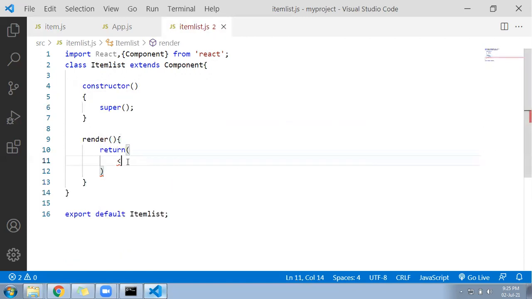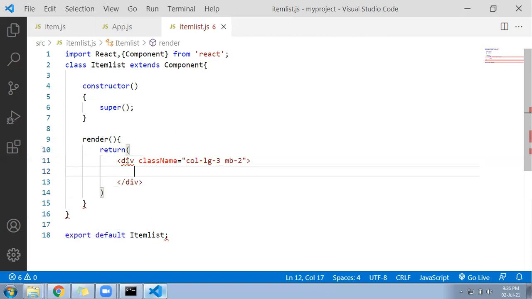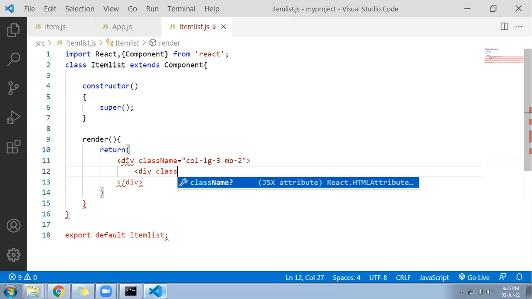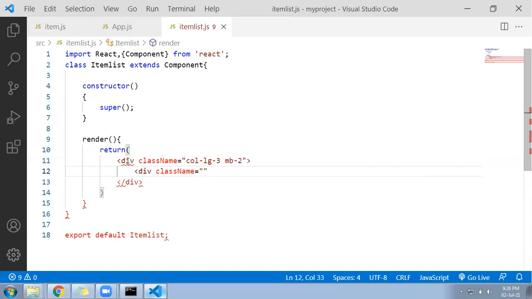Now I will be using col-lg-3: a div with className equal to col-lg-3, and mb-2 so that a little spacing will happen at the bottom. Let me come down below. I will write a div with className equal to bg-white. Why? Because my theme is a blue color combination. Then I'll write p-3 for padding, and then I'll apply rounded.